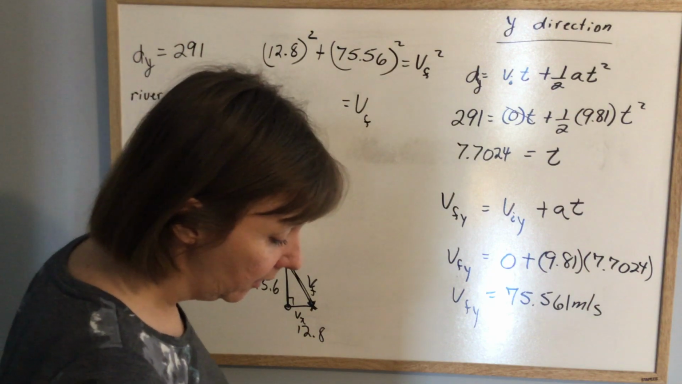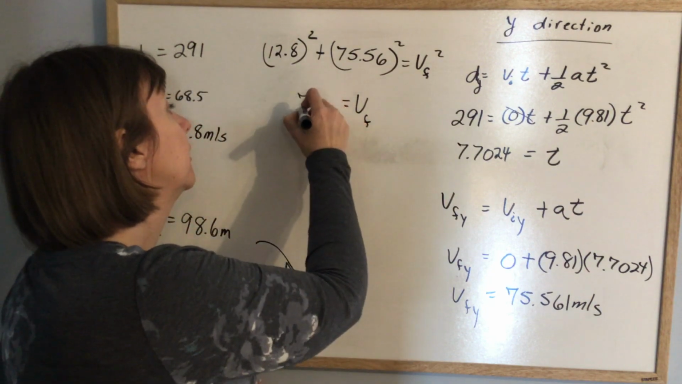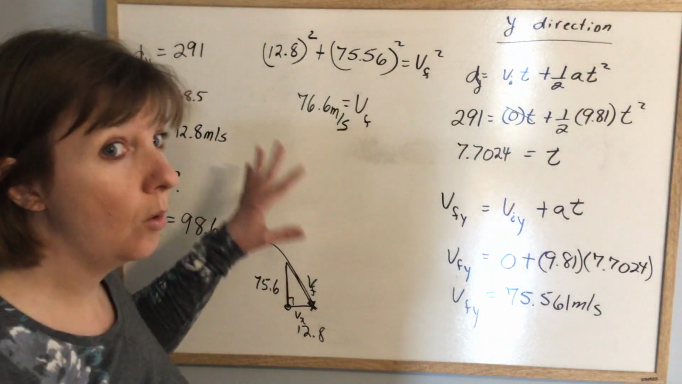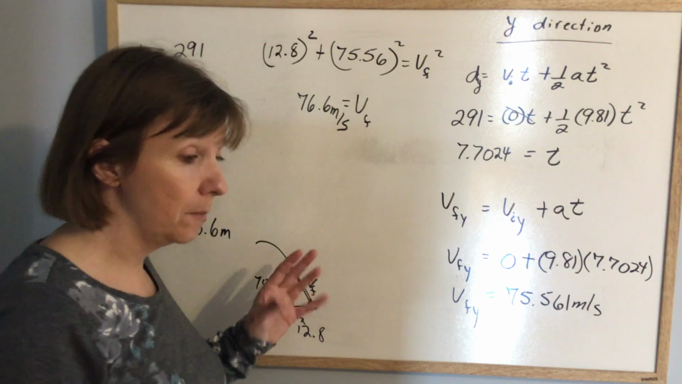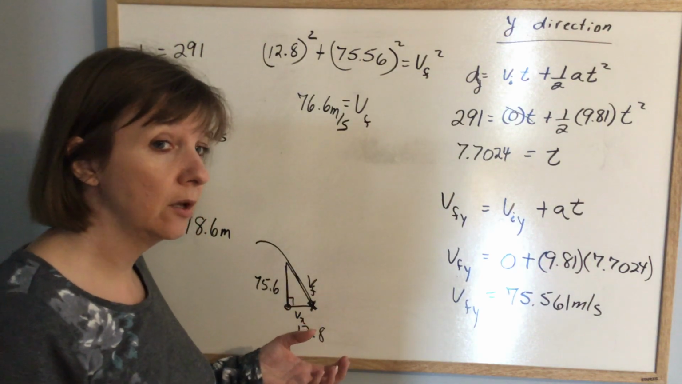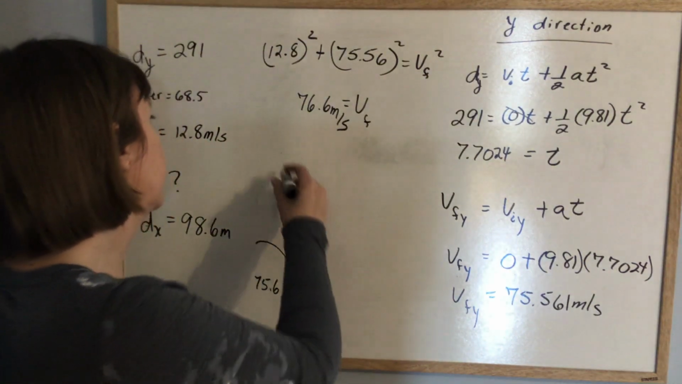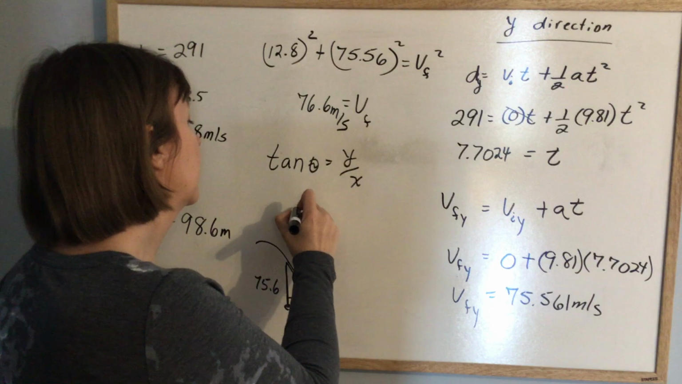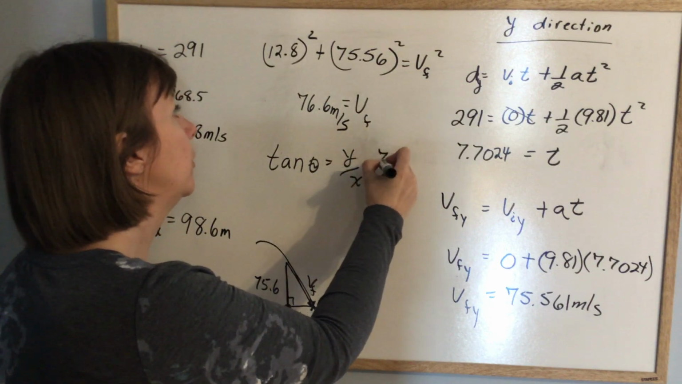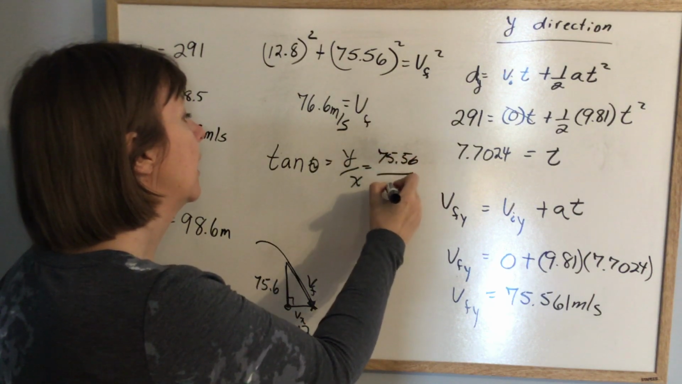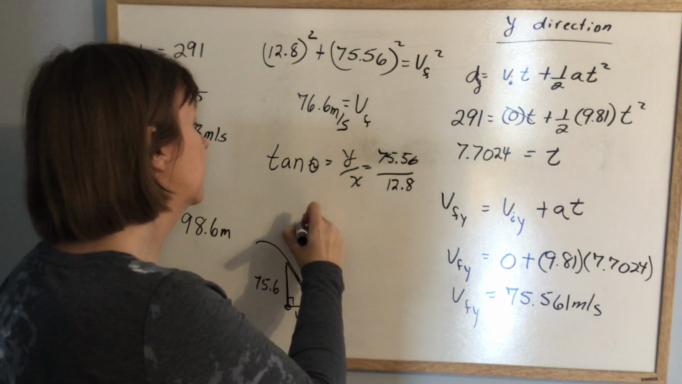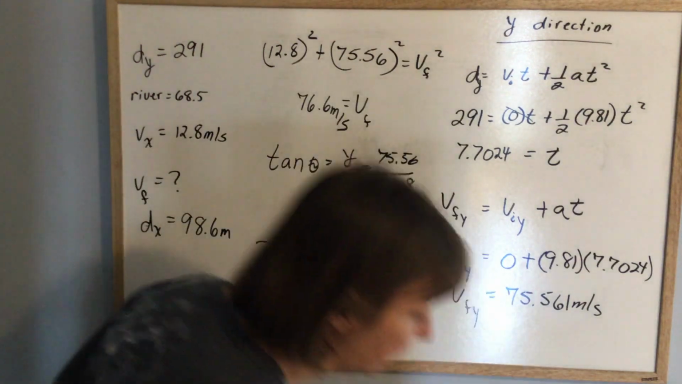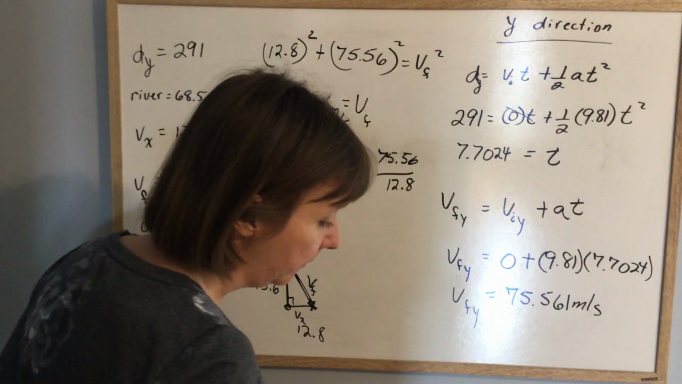Works out to be 76.6 meters per second. Again, that is not the whole answer. That's the magnitude. That's how fast it's going. But what about the direction? The direction is tan theta equals y over x. And so again, my y would be 75.56 and my x would be 12.8. And so theta ends up being, and I'm cheating because I don't want to get out my calculator,